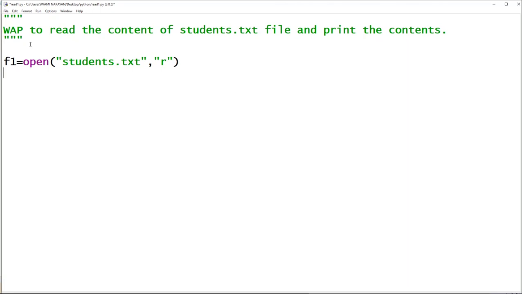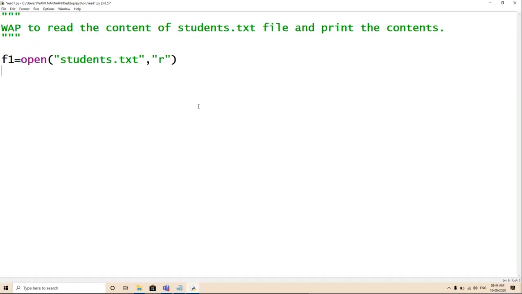Okay, I have opened the file in read mode and I'm assuming here that the file exists. Otherwise it will give an error. How to handle the errors if the file is not present, that we will do later on. But right now we are just expecting that this file is already there. Now let's do x equal to f1 dot read. Fine.